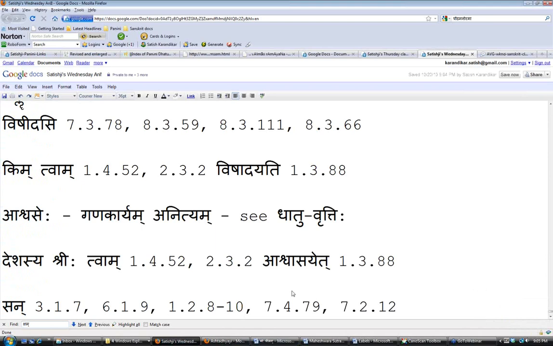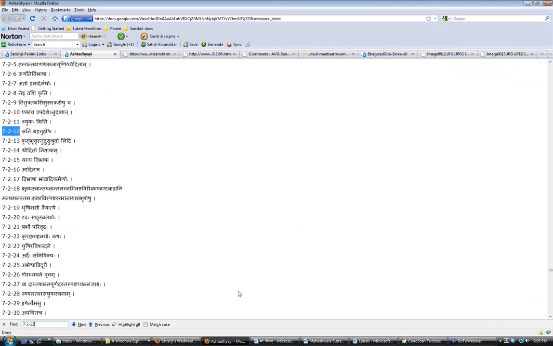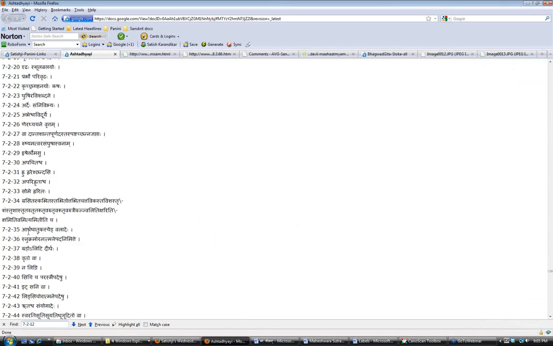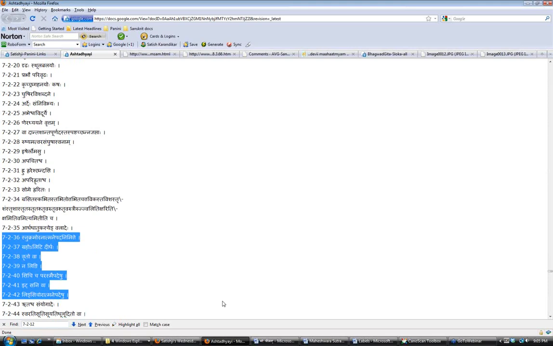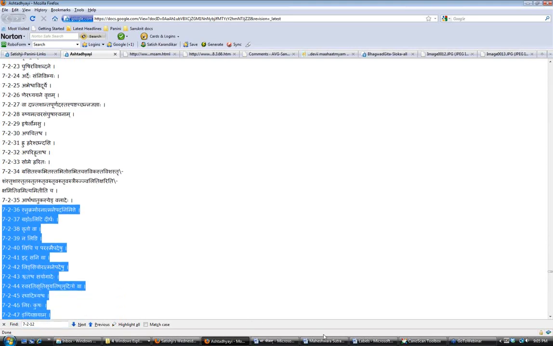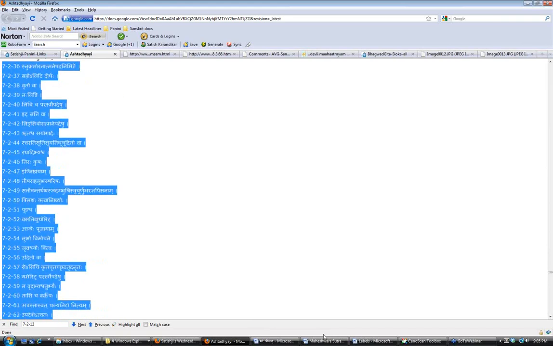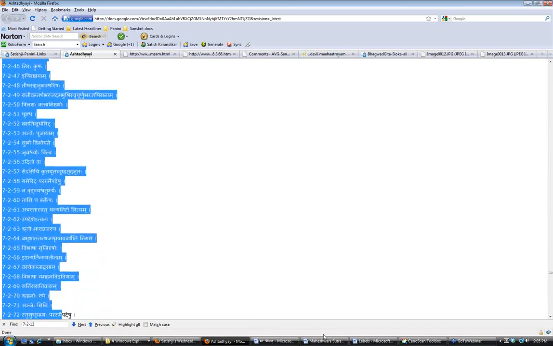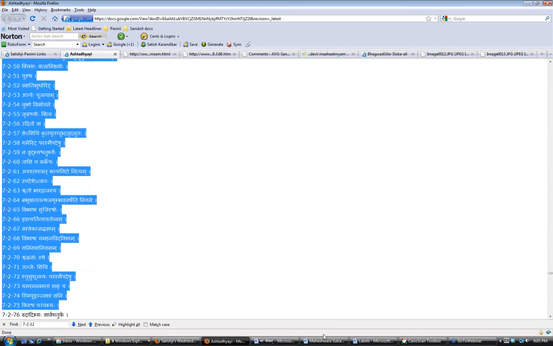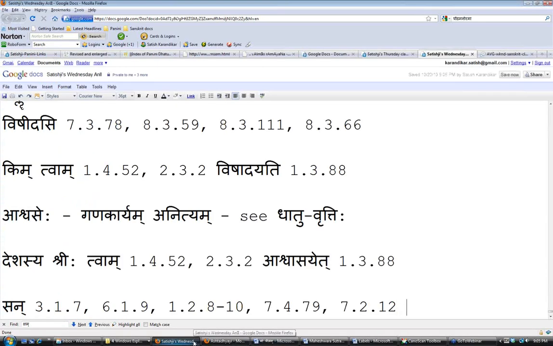Please go through the remaining part of, and this is the hard part of Sanantara, because there are a number of rules, unfortunately. From 7.2.36 up to 7.2.75. Please go through this section and see which ones you can bring out. Then we start the class next time with this, okay? So for homework, scan 7.2.36 to 7.2.75. You have to keep that list ready.